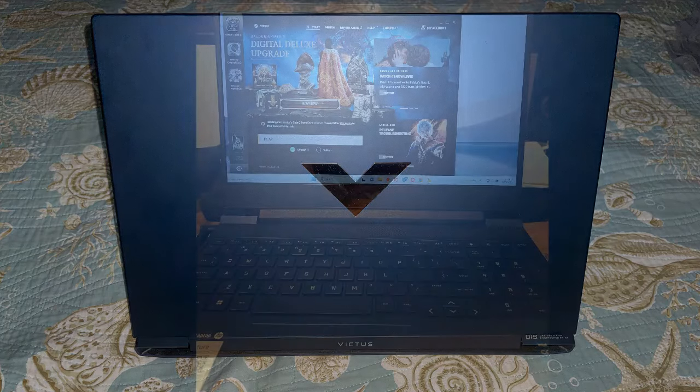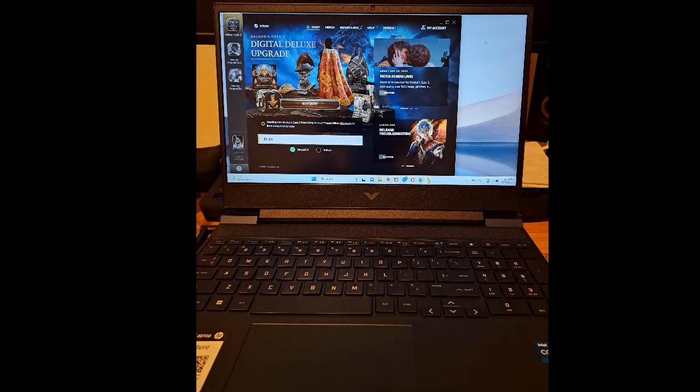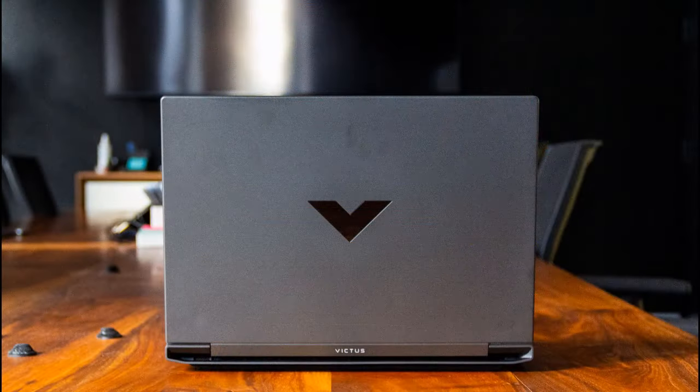Similar to the Dell G15, it's not going to blow you away in every game, but it's a solid performer considering the price. The other aspects of the laptop are middling, as to be expected at this price. The screen is just okay, the battery life isn't the best, and the webcam is poor. Thankfully, the keyboard and trackpad are solid, as is the overall build quality. Outside of gaming, the processor is also a winner. It's not the fastest chip you can buy, but it can accelerate tasks like Adobe Premiere Pro in